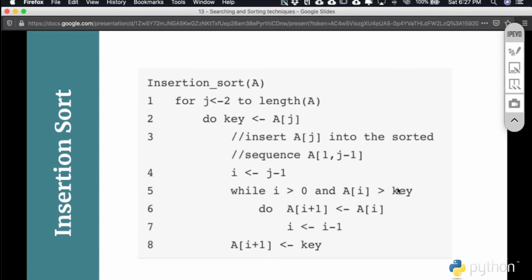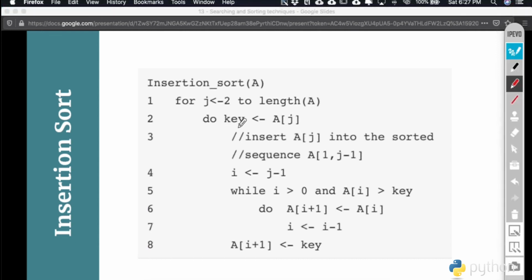Now, when you look at the pseudocode, it is very, very simple. As you can see, a single card is already a sorted card. So we start our algorithm from j equal to 2, meaning from the second location, up to the total number of cards that we need to sort. We need to traverse them one by one. First we pick the next card and make that card a key, as you can see in this particular pseudocode.